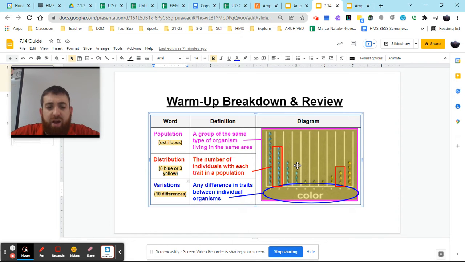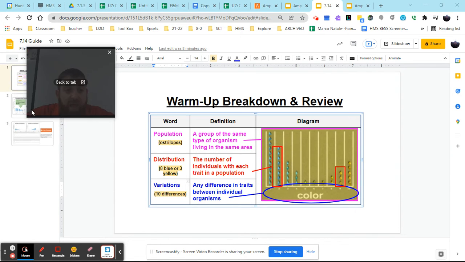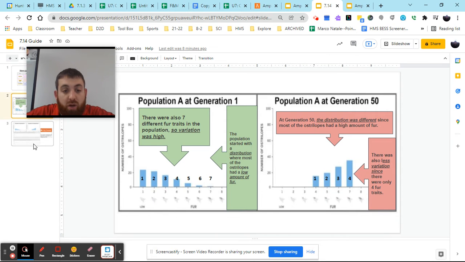With this diagram, we know that each color has a different distribution. Whether we're looking at the left side of the histogram where we have these 8 blue australopes, or the right side where we have these 3 yellow, as we read this, we can begin to describe the population of australopes based on the variation of color they have and the distribution of those colors. The goal is to take that understanding and apply it to the graph we have of our australopes